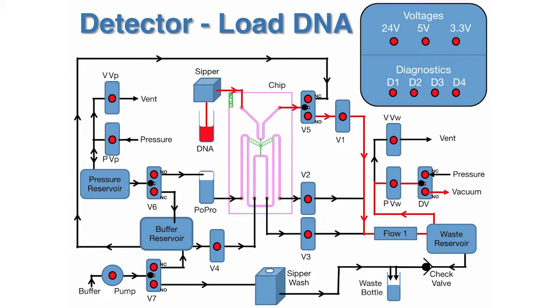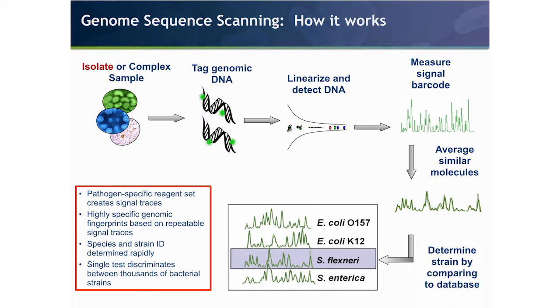The DNA will be mixed with the POPRO dye as it moves through the microfluidic chip, and the sample will be scanned by the detector as it exits the funnel of the chip. After the sample scanning is completed, the system will backflush and purge the microfluidic chip in preparation for the next sample to be scanned. Once the sample enters the funnel of the microfluidic chip, the DNA becomes linearized and is